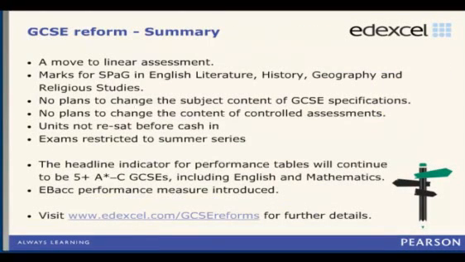So in summary then, GCSE, there's a move to linear assessment. There are going to be marks for spelling, punctuation and grammar in these subjects on the screen now, art not being one of them. There's no plans to change the subject content, GCSE specifications, no plan to change the content of controlled assessments. Units can't be resat before cash-in, and exams will be restricted to the summer series. As we know, in Art and Design we only have a summer series anyway. And the headline indicator for performance tables continues to be 5 or more A-star to C GCSEs, including English, Maths, and an